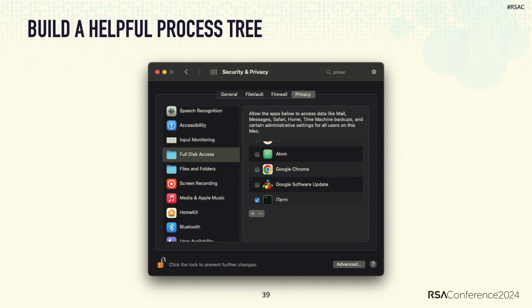For example, many of us are familiar with the security and privacy controls that require applications to be approved to use the webcam, to use the microphone, record the screen, or even have access to certain files, or full disk access. Basically, when you download an app now, if your app wants to do one of these things, you have to get special permissions one time directly from the user saying, yes, I will allow this app to access my webcam, right? That's something called TCC.